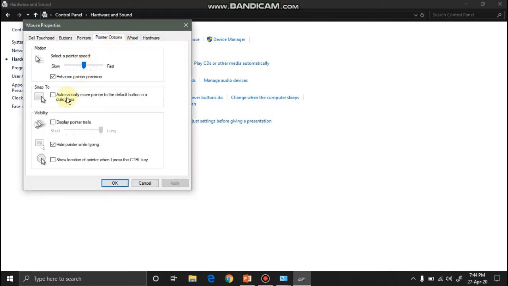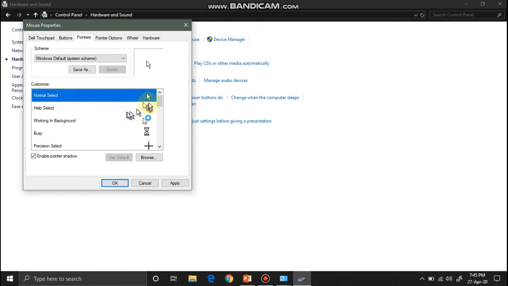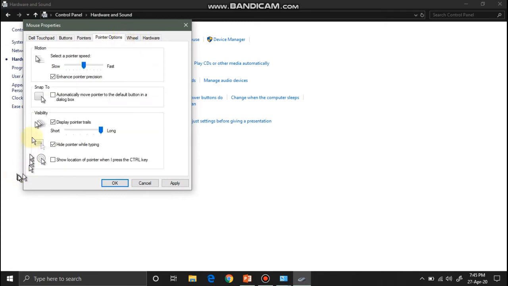If you want to make some shadow of the mouse, you can see it is changing. If you want to change the speed of the pointer, again you can see it is changing. Here you will do the mouse setting. In Pointers, you can change the pointer, any pointer which you want to apply.